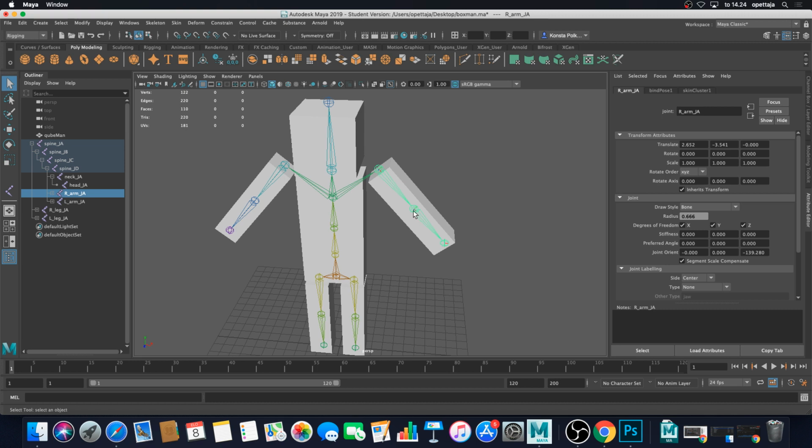Joints are funny in that way that some of the joints you can modify with the transform tool, but usually what you want to do with the joints is press E and turn those